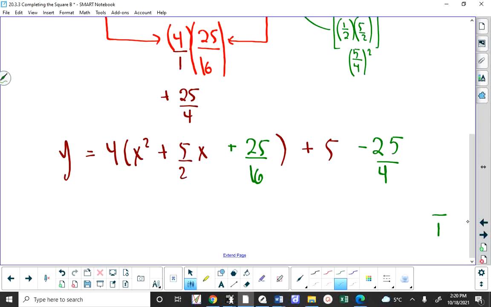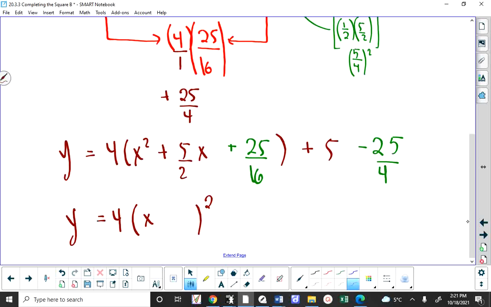One of the things we need to do is write that perfect square trinomial, which has a 4 in front of it, as x, and then with a number, quantity squared. So how do we get that number? What number do we put there? Well,